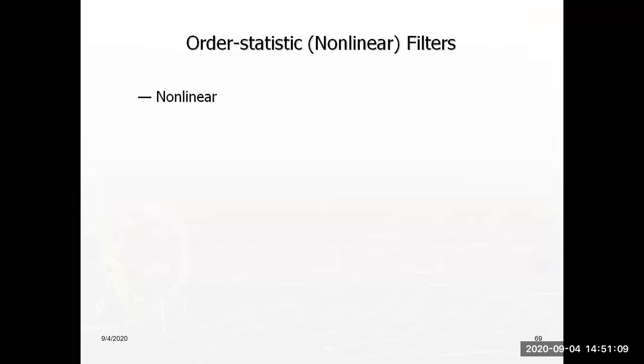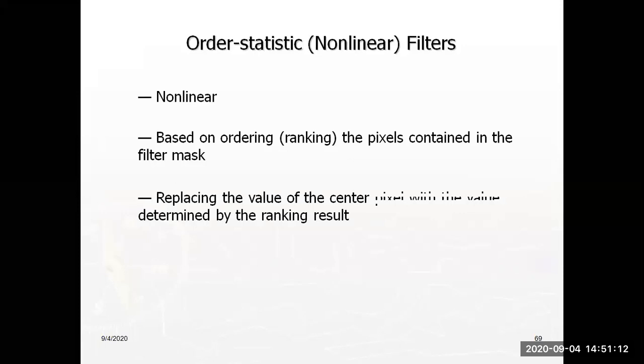Another type of filtering is the nonlinear filter or order statistic filters. In order statistics filters, the examples are three filter techniques: median filter, max filter, and min filter. In the median filter, as the name itself indicates, the middle value of the filter is assigned to a particular pixel value. Similarly, in the max filter, the maximum value of the filter mask is assigned to the particular pixel value, and the minimum filter is the same.